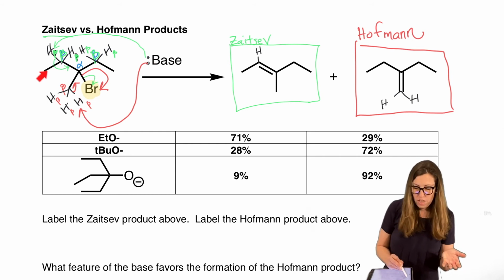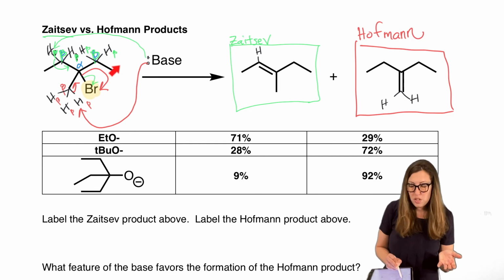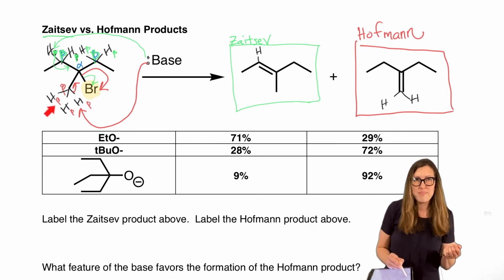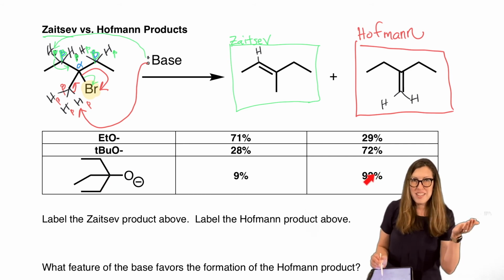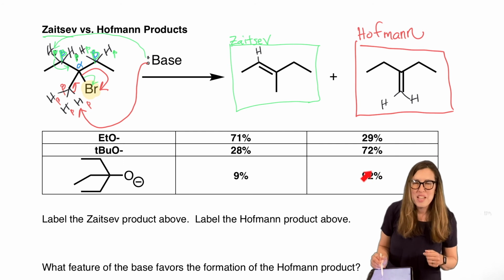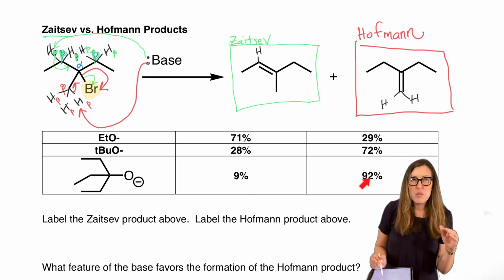These peripheral ones are not an option because they're not beta H's. So the only beta H on the periphery is this one. It's one of these 3, right? So no surprise that the larger the base, the more preferred. And just like everything in life and in this class, it's not a black and white deal.